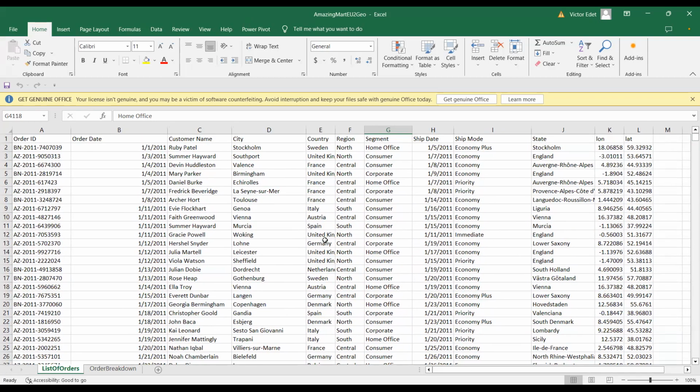So how do we know immediately the highest number of shipping modes? How do we know which region is doing very well in terms of shipping mode? How do we know the city that these customers are actually booking shipping mode or shipping their products from? All right, so remember, the first thing I want to ask, before you analyze the data, what is the first thing that you do?